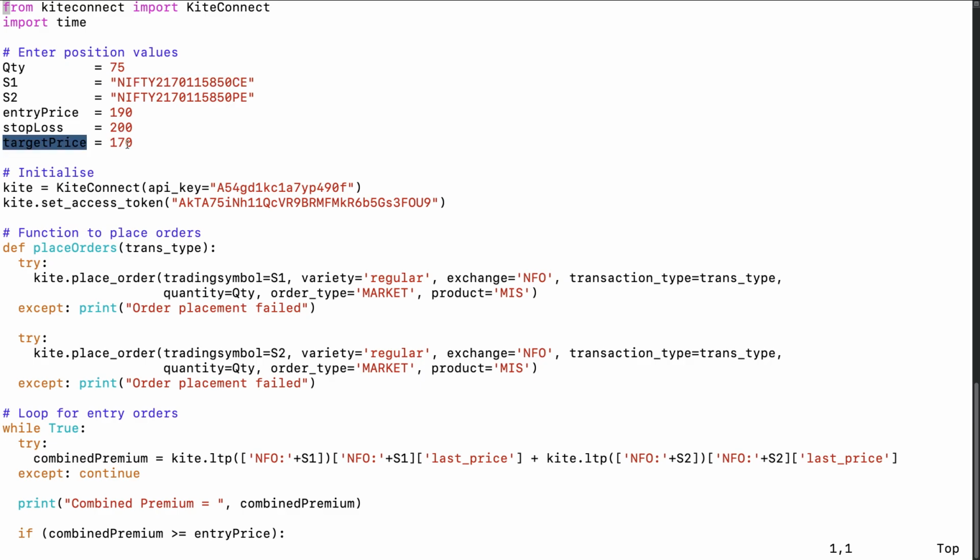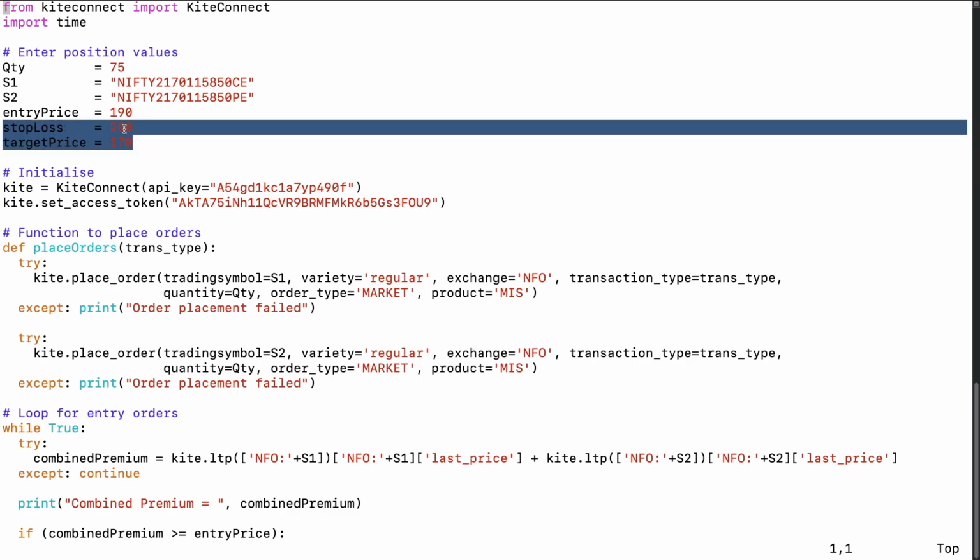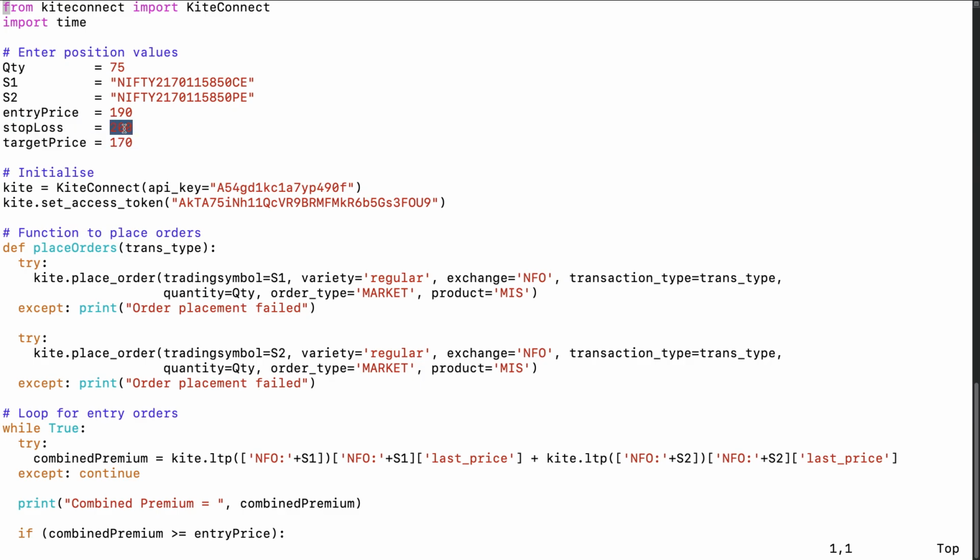And target price: if my entry price is 190 rupees and I'm receiving 20 rupees per lot, so the difference between 190 and 170, then also exit. So these are the two exit conditions I've mentioned. Either the stop loss gets hit, or the target price of 170 is achieved. In either of these conditions, the position will be closed.